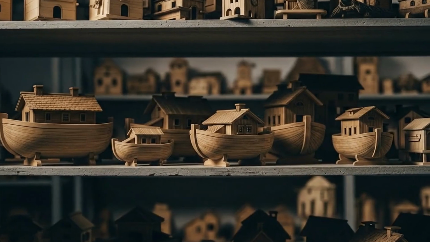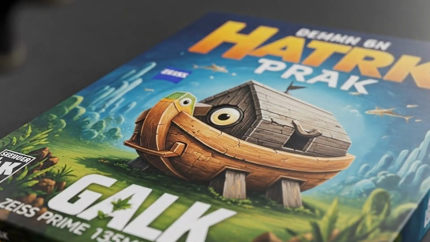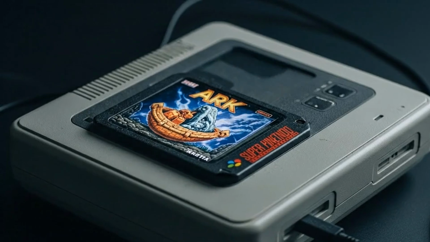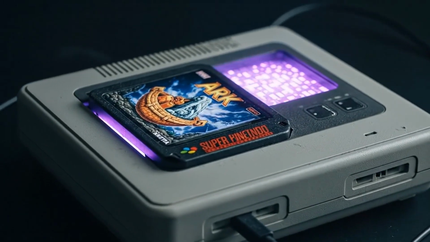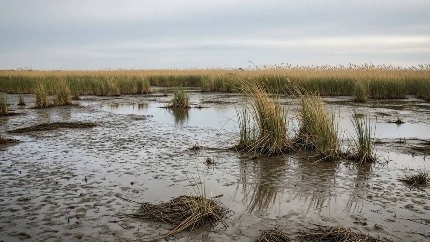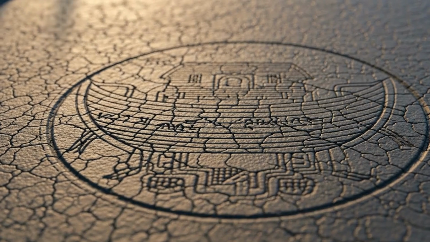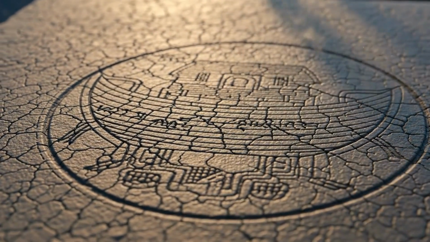There are also more modern and playful interpretations, such as the cartoonish depiction on the cover of the video game Super 3D Noah's Ark for the Super Nintendo console. However, it is important to note that ancient Mesopotamian flood myths predate the book of Genesis and describe an ark of an entirely different shape.